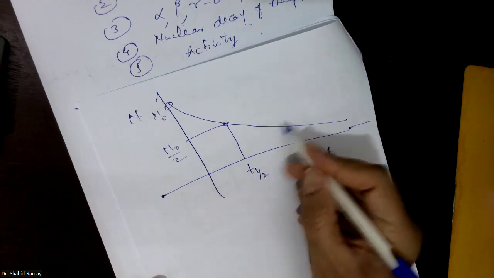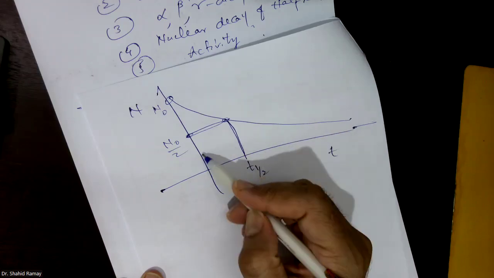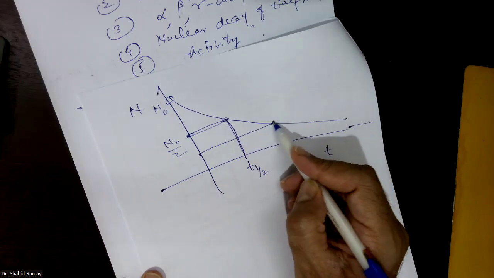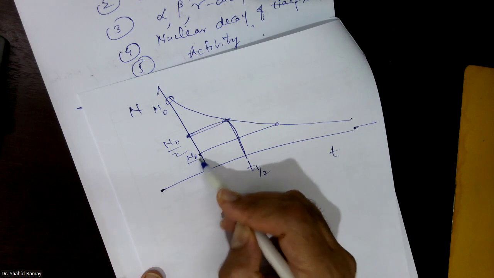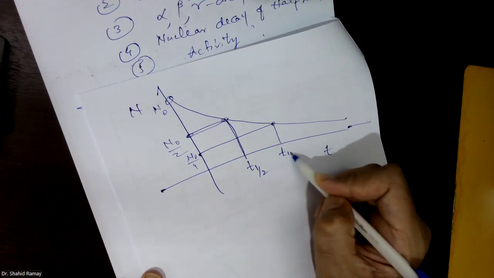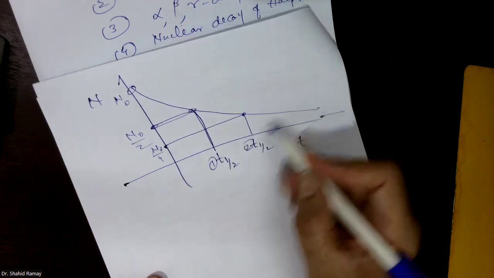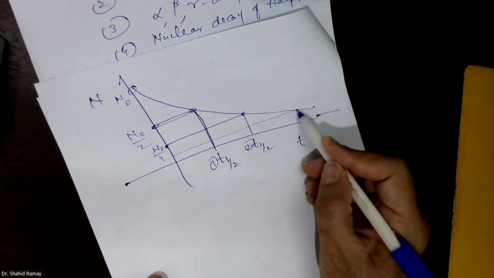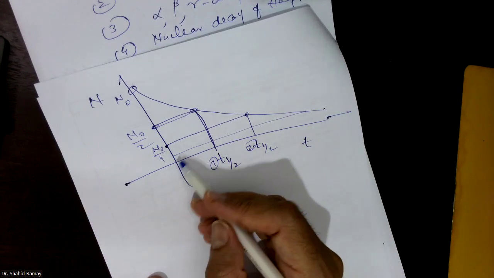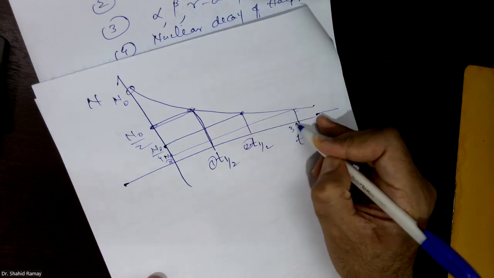So you can find from the graph where the half value is, draw the line. Next, draw the line, and suppose this value is 4, then you can find the second half-life. This is the first, this is the second half-life. Similarly, if you go to this side, N naught over 8, and then you can find the third